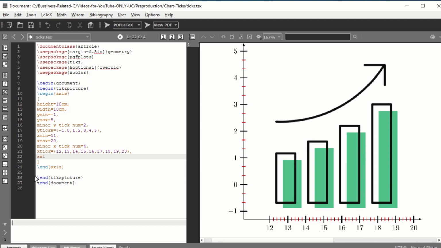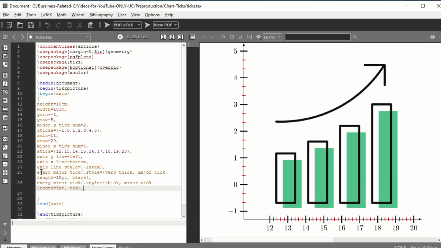So I will type axis y line equals left, and I want the x-axis line to be at the bottom. So axis x line equals bottom, and as you can see, my axis lines have an arrow on the right hand side. And for this type of line I type axis line style equals curly brackets dash and then LaTeX. If you want arrows on both sides you type LaTeX dash LaTeX, but I want only one side, so I will type dash LaTeX. And now we have to decide the style of major ticks and minor ticks.